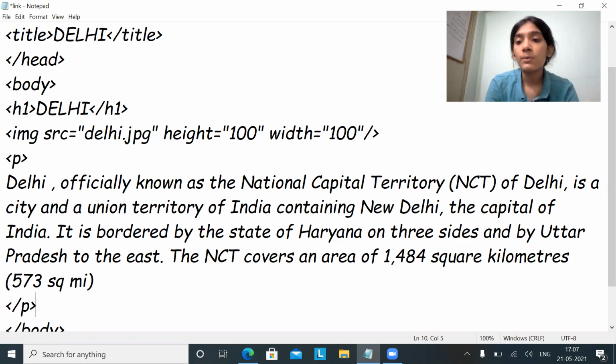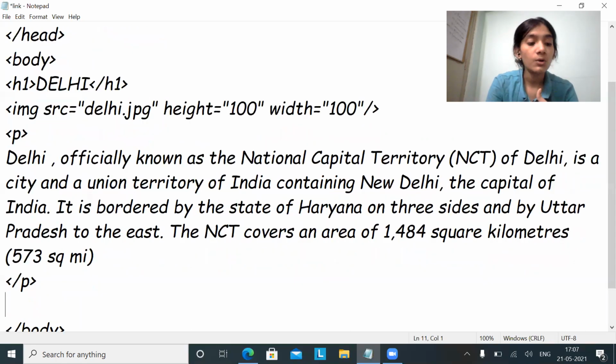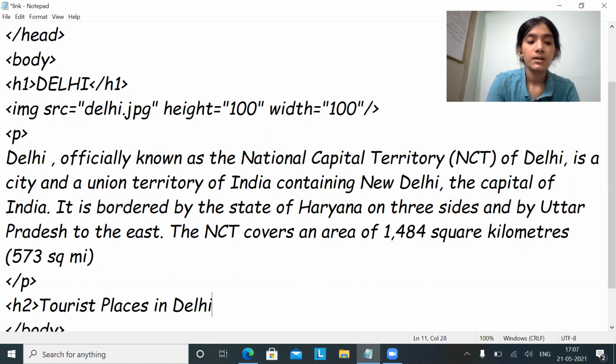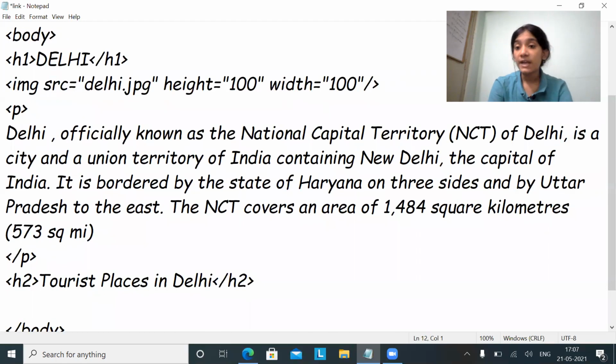Here only I want to mention one more heading, that is tourist places to be visited in Delhi. So I'll take one more heading, let's say H2: Tourist places in Delhi, and close it with H2. Now I will be creating links, but these are HTML links, because now we'll be talking about relative URLs.